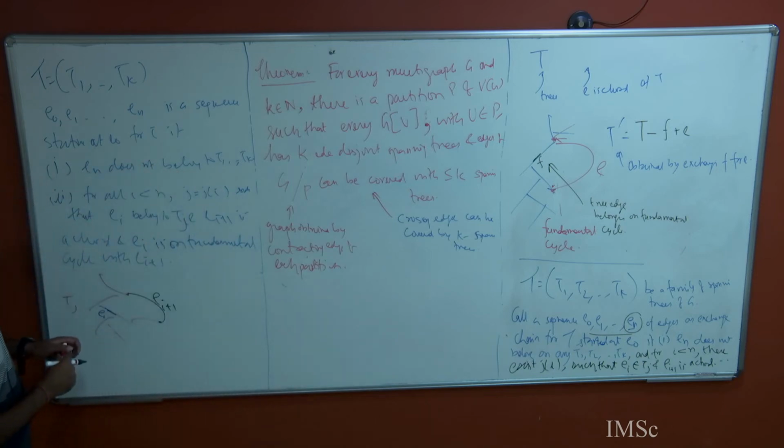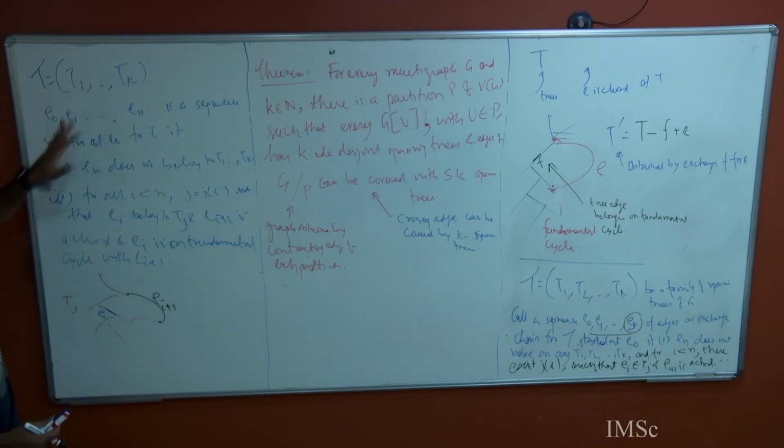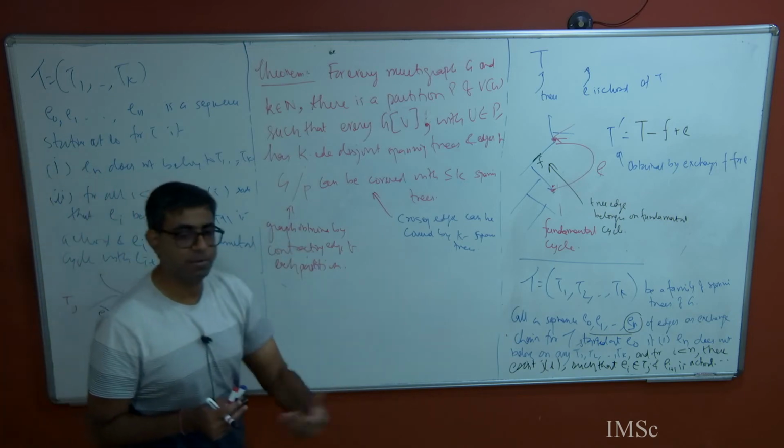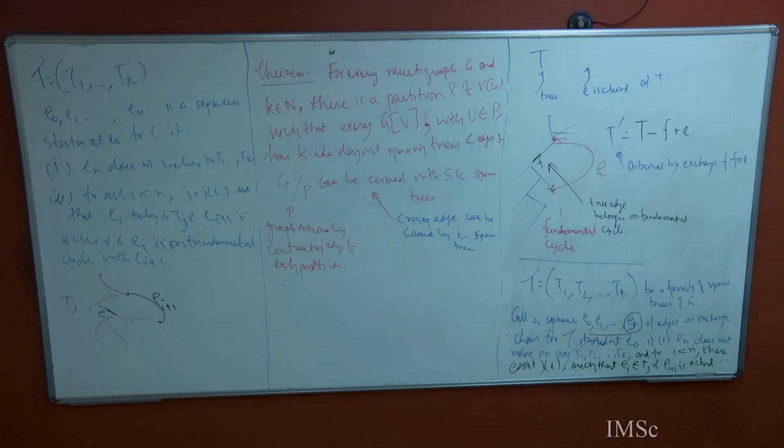Okay, but the way it is phrased, it will take some time to get used to this definition. It is very natural to believe that En does not belong to T1, because what are we trying to do? In some sense we said let's start with this spanning tree and do some more operations on them to eventually get to some set of spanning trees.